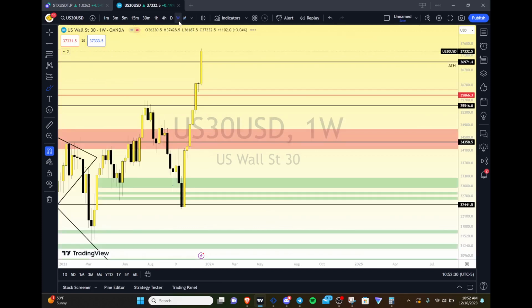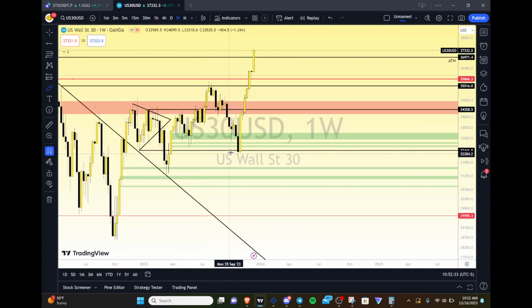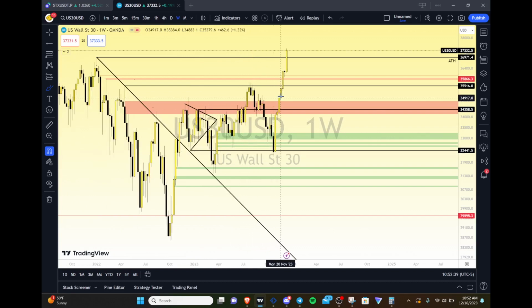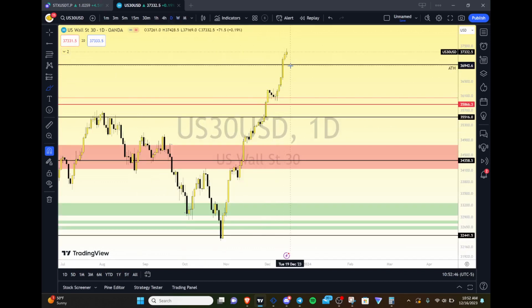Now, if we go over to the weekly and the daily, that may be a little bit of a different story. Weekly is not overextended as of now, but it is becoming extended if we get another 2-3 weeks of just straight up upside. And the daily has been very, very strong to the upside. Again, not hyper extended, but there is a bit of an overextension here. A lot of consecutive days up without much rest. So I would not be surprised if we do start to, at the very least, consolidate here.